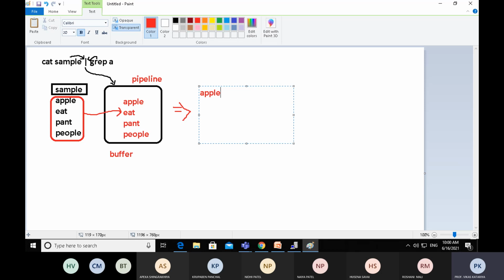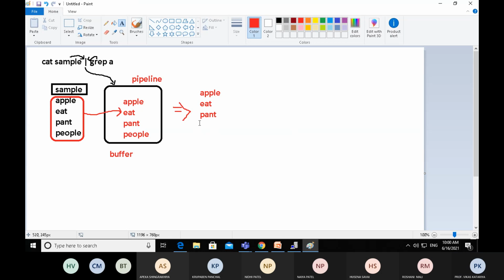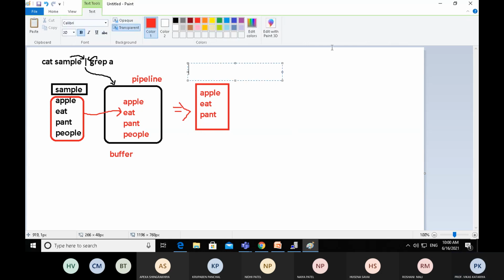It produces the output because it contains A. Eat again contains alphabet A. Pant again contains alphabet A, but people does not contain alphabet A. So this is the output of the given command.